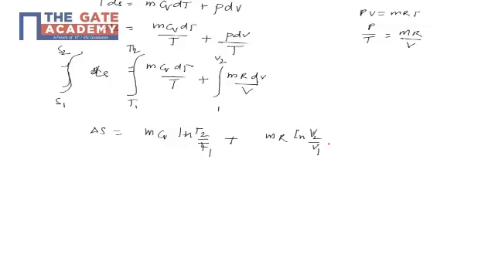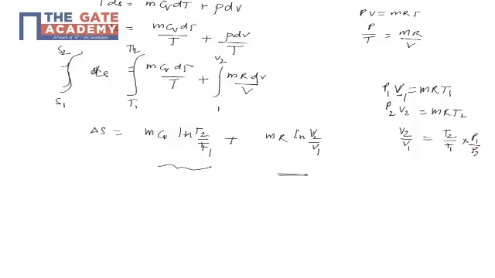Now I know the temperature change, the initial and final, so I can calculate this, but I don't know this. So how do I calculate this? I use the ideal gas equation at state 1. So p1 V1 is mR T1. At the second point also it is p2 V2 equals mR T2, using the ideal gas equation. I want V2 by V1, so from this equation V2 by V1 is T2 by T1 into p1 by p2,